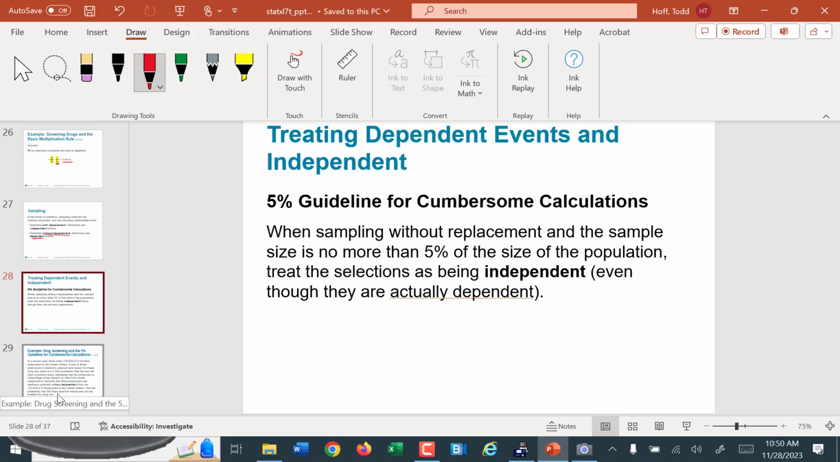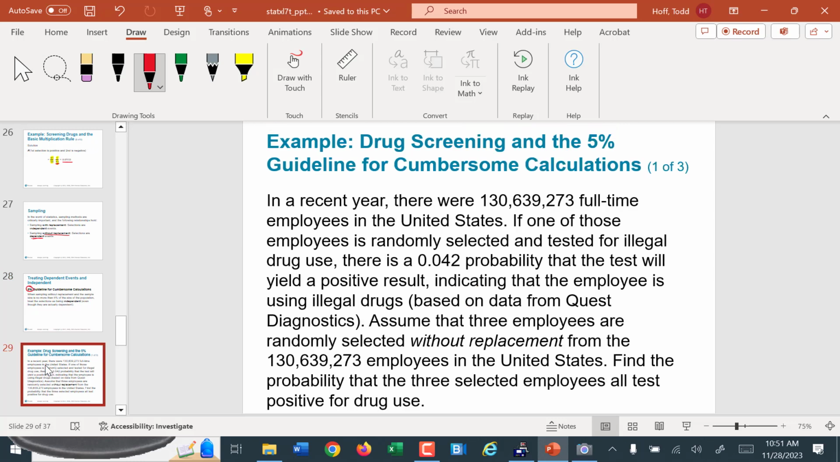Now, because this type of situation comes up a lot, they use something called the 5% rule or 5% guideline. If the number of items we are choosing is less than 5% of the size of the population, we can assume they're independent just so that we don't have to go through some really complex calculations. So for example here, if we're calculating drug screening and we're testing,